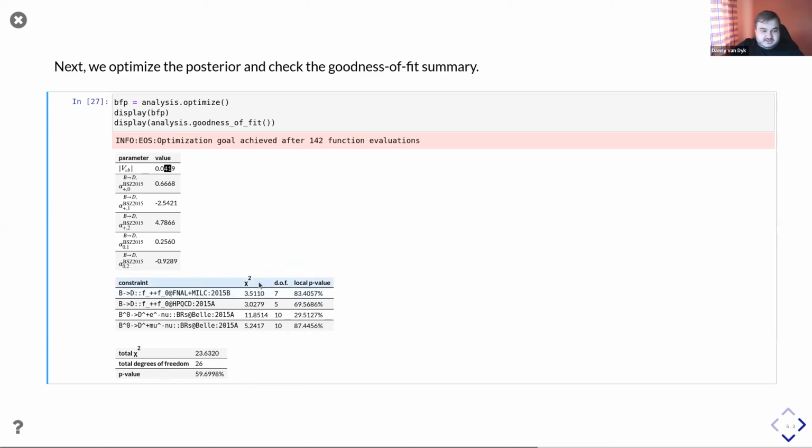So for each constraint: chi-square, the degrees of freedom, and the p-value, assuming that there were no parameters. So all of these would give a reasonable fit. And taken together, we find this total chi-square for 26 degrees of freedom, corresponding to these numbers of observations minus these now 6 parameters, giving a p-value of 60%, which is a good fit. We're very happy with that.